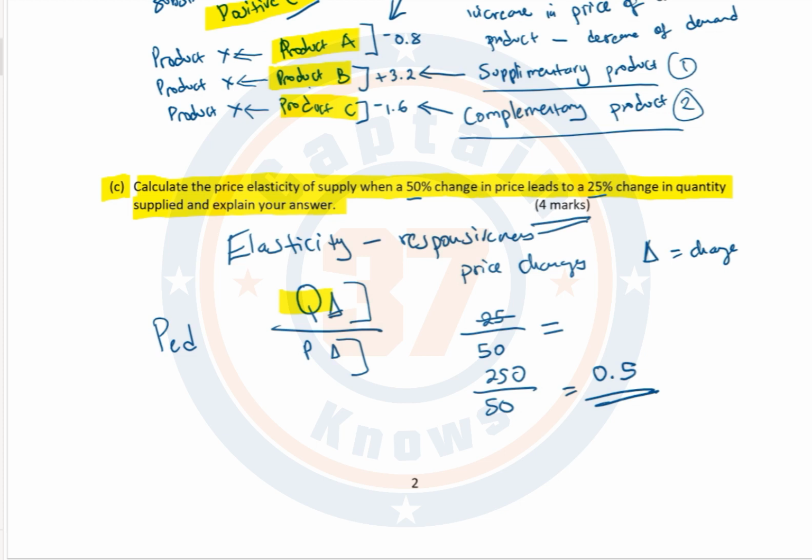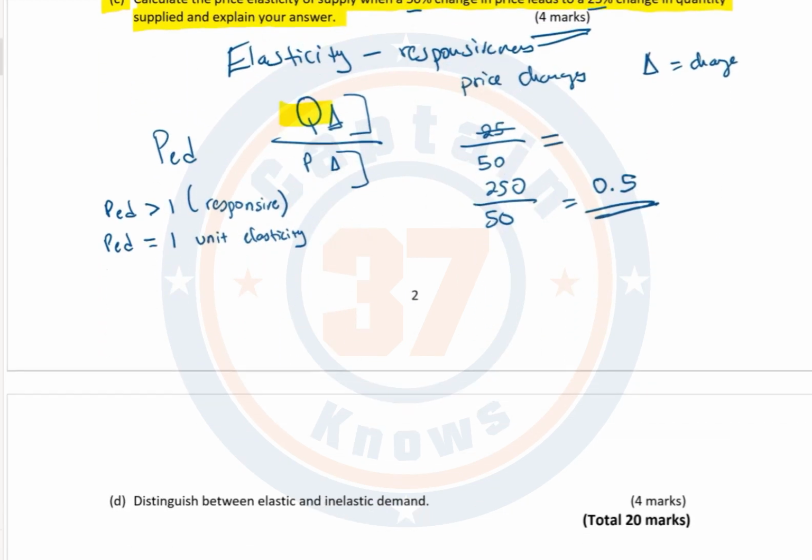I need you to remember this. If the elasticity is greater than 1, it means that there is responsiveness. Will the students enroll more? That was the question I asked. No, they will not enroll more because the tuition fees have gone up. If the price elasticity is equal to 1, it means that there is what is known as unit elasticity, and I'll talk about that in the next video. If, however, the price elasticity is less than 1,